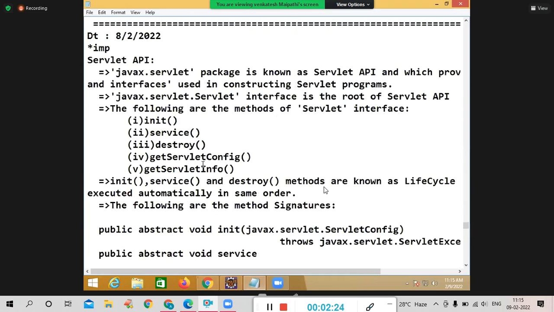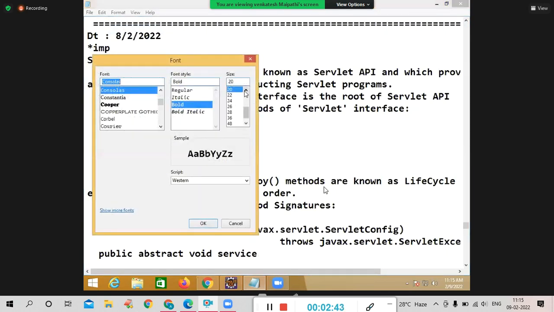Yesterday's knowledge is servlet API. That is incomplete actually, right? Servlet API means one package. javax.servlet is the package. We are calling it a servlet API. This servlet API